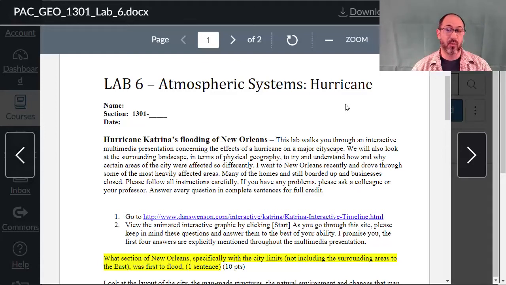A couple years ago, I went to New Orleans and drove through some of the most heavily affected areas of Katrina's flooding. Many of the homes were still boarded up and businesses closed. This was a major catastrophe to hit the city. Please follow all the instructions carefully. If you have any questions, please hop on Discord or email me or hop on Canvas and post in the